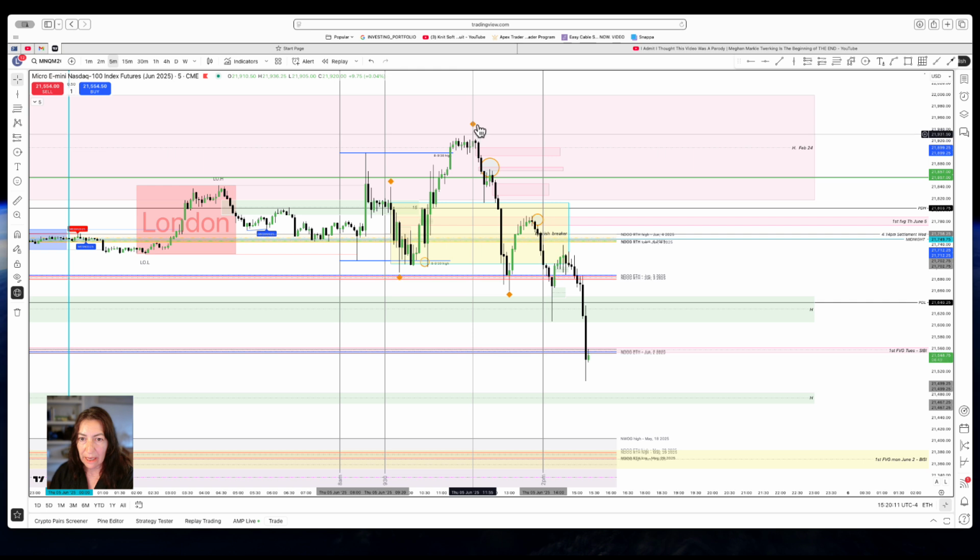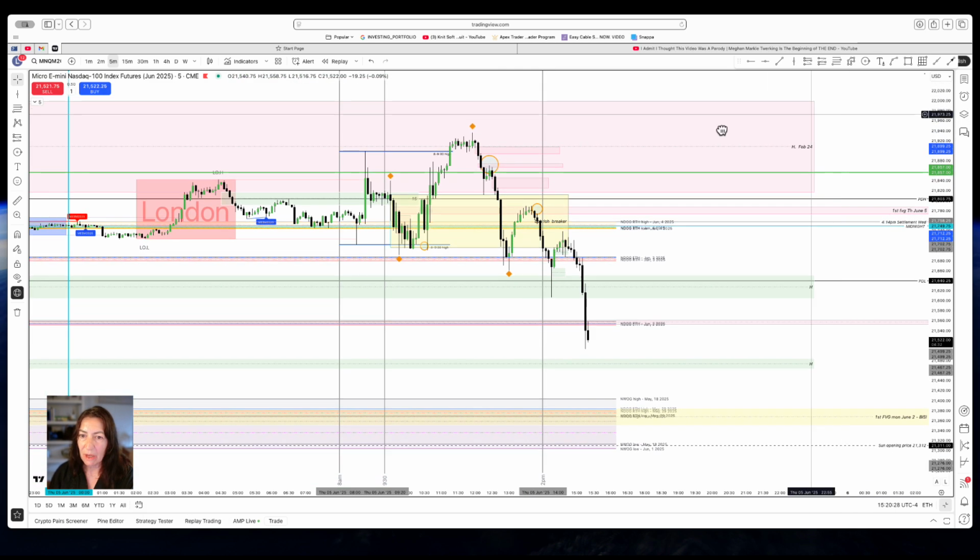What I really liked was this level up here, this candle. This was the high for the morning session or early afternoon. Price dropped, but this here would have been a really nice entry point. This would have been a mitigation block entry, and this was at 12:20. Now I don't trade at those times. I wish I had seen it, but anyway,